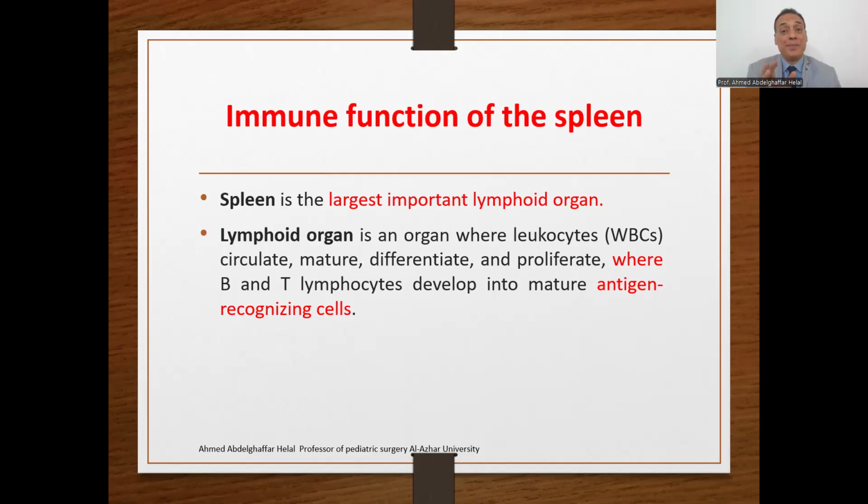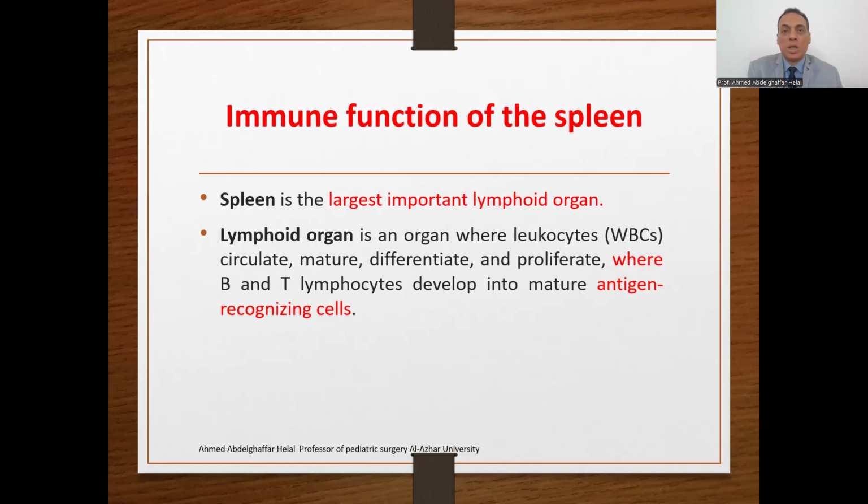The spleen is the largest important lymphoid organ in the bloodstream. What do we mean by the lymphoid organ? It's an organ where the leukocytes or the white cells circulate and mature and differentiate, proliferate, where the B and the T lymphocytes develop into mature antigen-presenting or recognizing cells. What is this? The leukocytes or the white cells are the cells of the adaptive immune system. These cells are formed at first in bone marrow and other tissues. However, they are formed